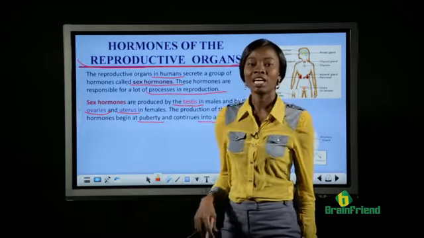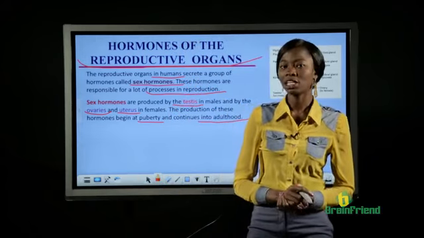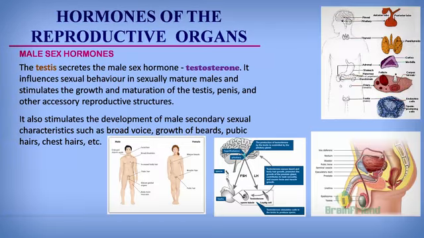Let me also mention here that the general endocrine system, as we discussed in the fifth part of this lesson, is regulated by the hypothalamus. The hypothalamus acts as a connection between the nervous system, that's the brain, and the endocrine system. It does this by regulating the activities of the pituitary gland, which is close to the hypothalamus. Remember, the pituitary gland regulates the activities of every other endocrine gland. So back to our sex hormones. Let's take a look at the male sex hormones.